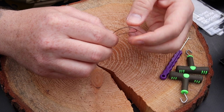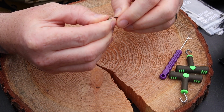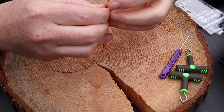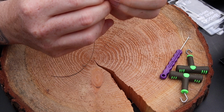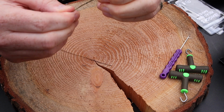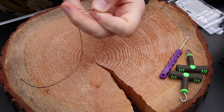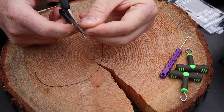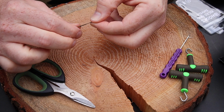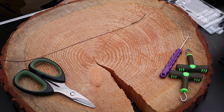And all we do, first of all, is tie just a normal loop knot, bring it back through, just enough to go inside the eye of the hook and over the top. Okay, so you just snip off the excess, and that's pretty much the start of it. Okay, then get yourself a